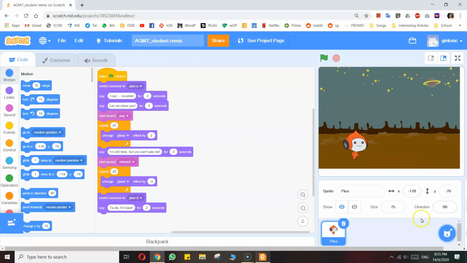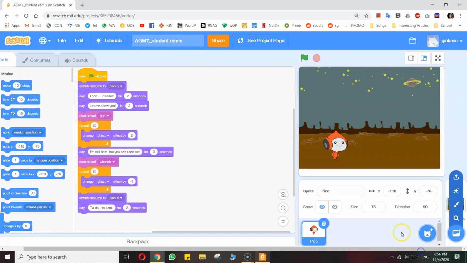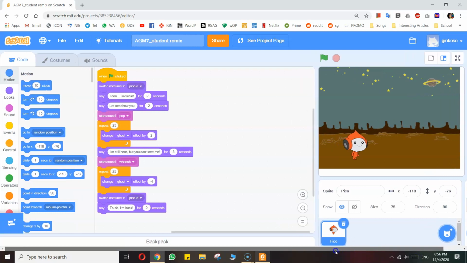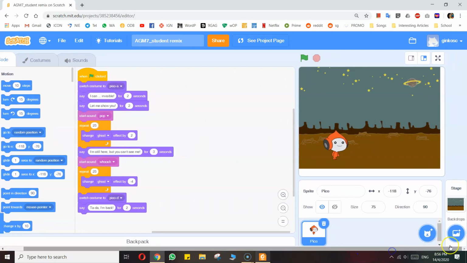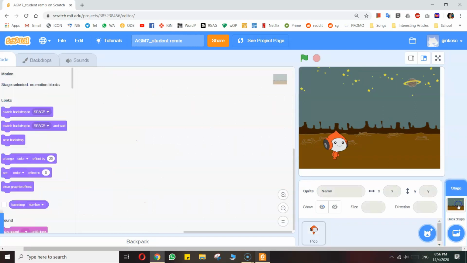We need to go and find the background, which is somewhere at the bottom right hand corner. If you need to, you can drag this bar here to the right. You see this background? Click on it, then go to backdrops over here.